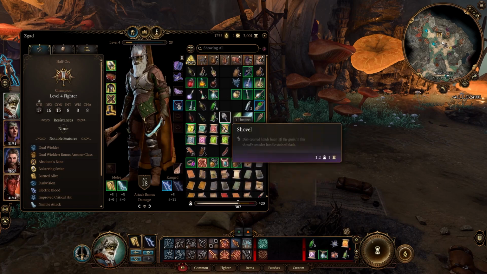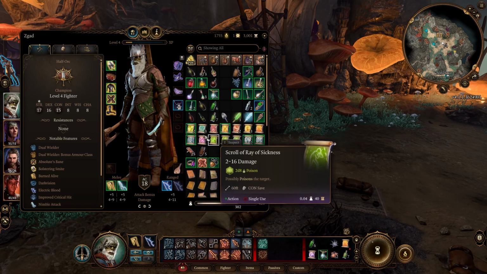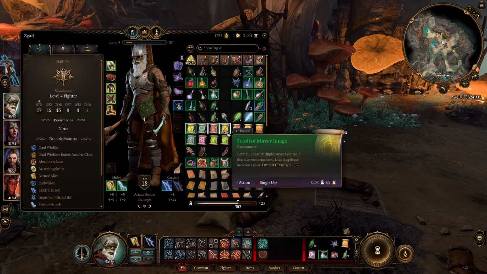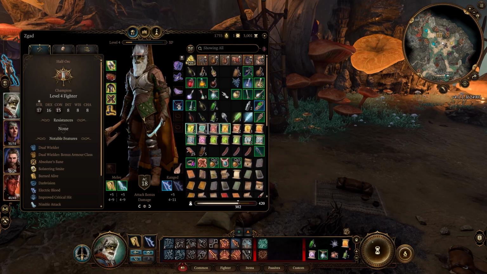Now there's two different options to select multiple items. You can hold Ctrl on your keyboard, then left click on each of the items that you want to select, and you can see that they're highlighted with the white outlines on the item. There's also an option to do it by holding Shift, and then